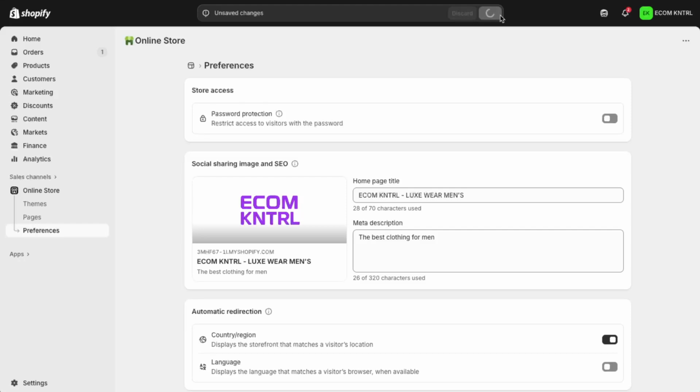Once you're happy with your homepage title and your meta description, scroll back up or down until you see the Save button. Click Save to apply your changes. After saving, you can open your store in a new tab to confirm that the browser tab now shows